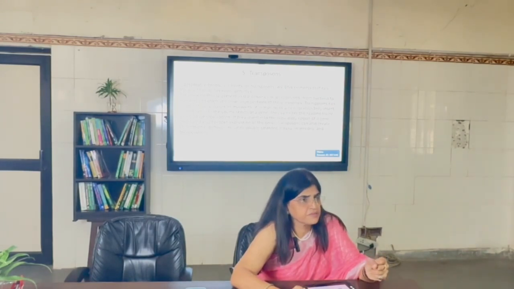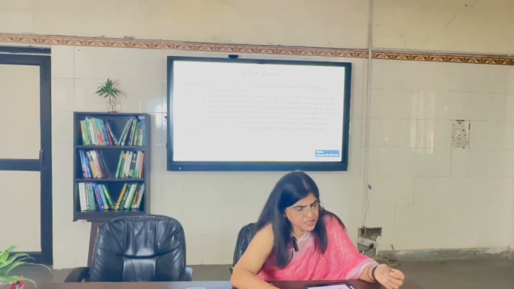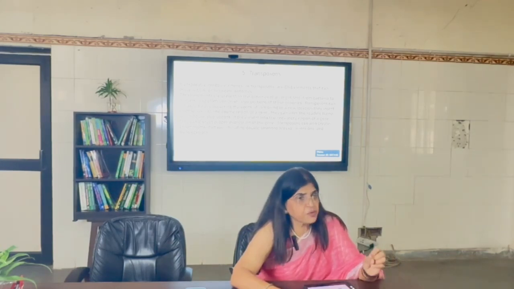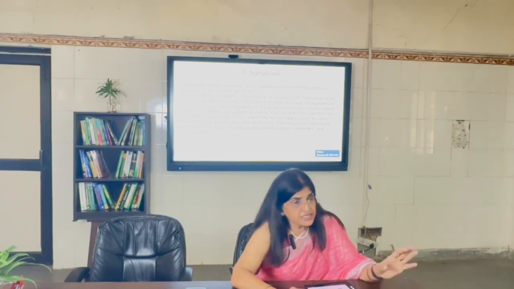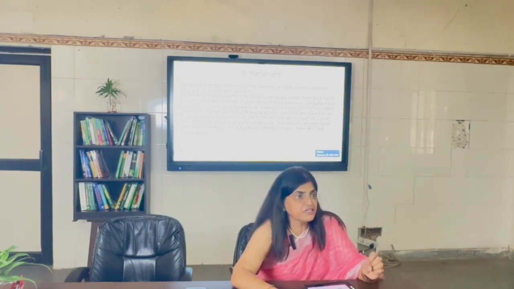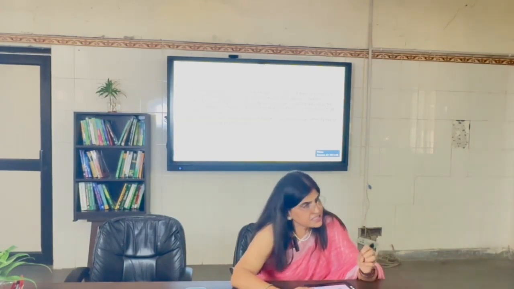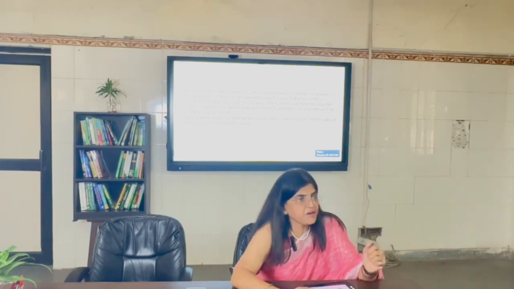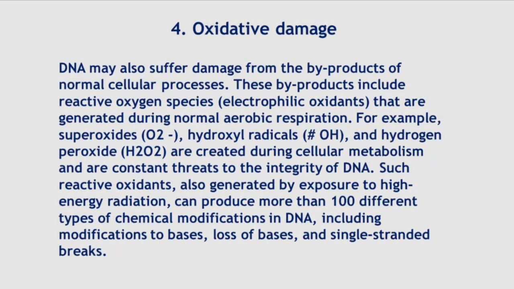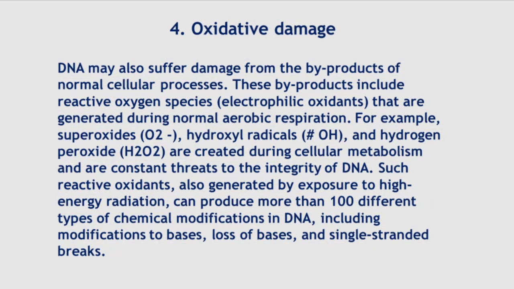So the major effect again will be the change in the base pairing specificity, and we have different mismatches leading to different bases coming and occupying the space, and it leads to changes or mutations. The fourth method which we wanted to study here is oxidative damage. By nature, a cell has several processes going on in it, and during these processes